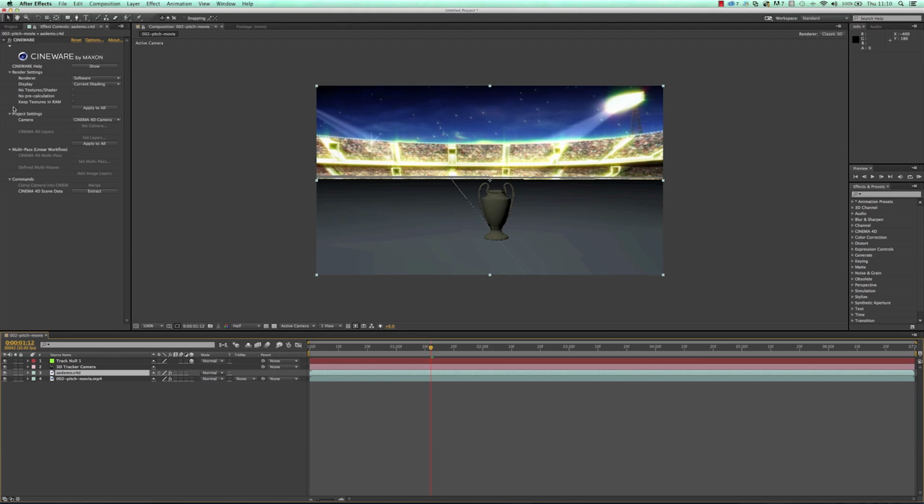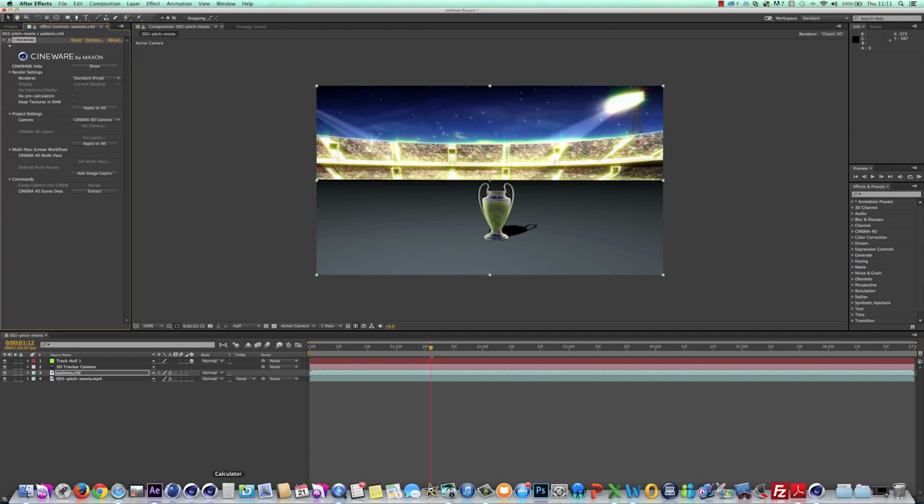I can also see I've got some problems, one of which, this looks a bit different to what I was seeing in Cinema 4D, and that's because the rendering mode is set to software. If I change it to final, I'll start seeing it similar to what I was seeing inside Cinema 4D. But that's really cool that I haven't had to re-import anything or export anything, it's all in there straight away. So let's go back to Cinema 4D and carry on working.